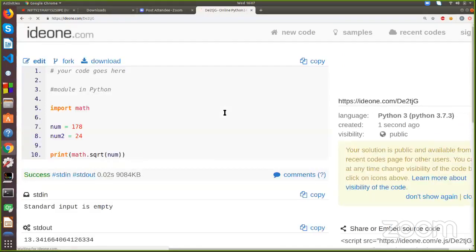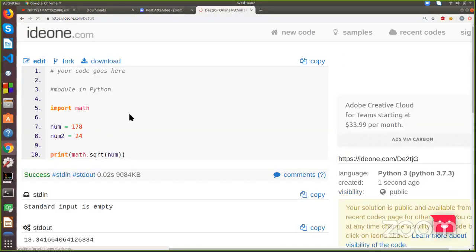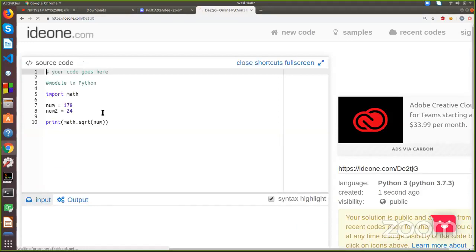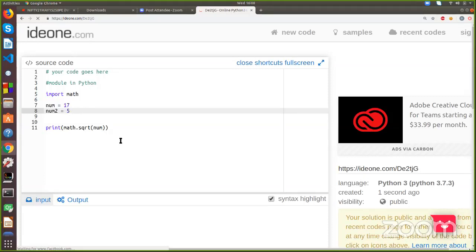I will go through loops one more time, don't worry. Okay, so a simple task for you: can you all tell me the result of 17 raised to power 5? Calculate 17 to the power 5 using the math module and tell me the answer in the comments.